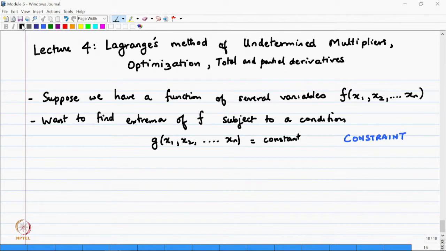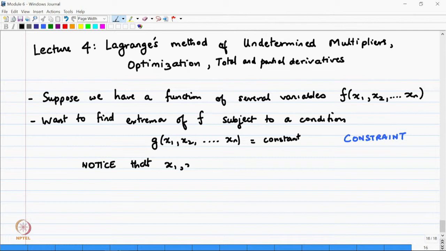The most common examples of these are in basic geometry. A very typical problem is to find the shape of a parallelepiped that has the largest volume for a given area. These are the kind of geometric questions that can be easily answered using this method. Suppose you want to find the extremum subject to that constraint. Before we give the solution, we notice